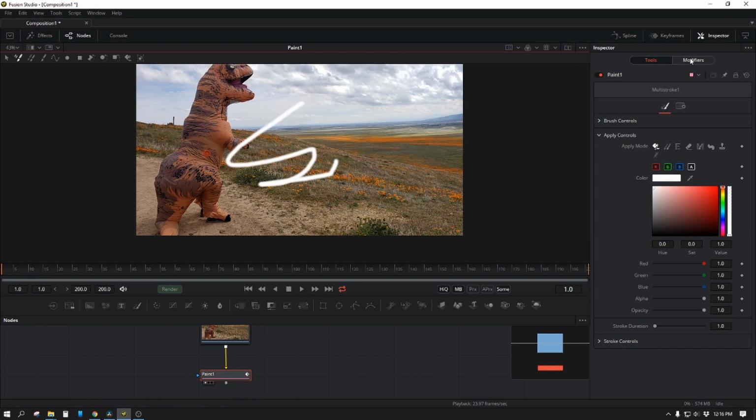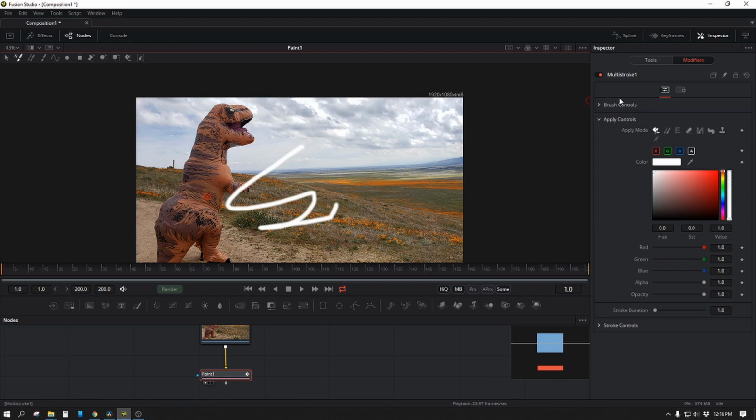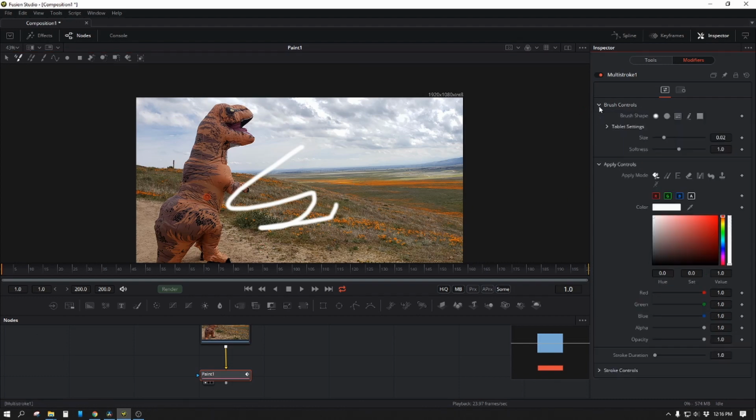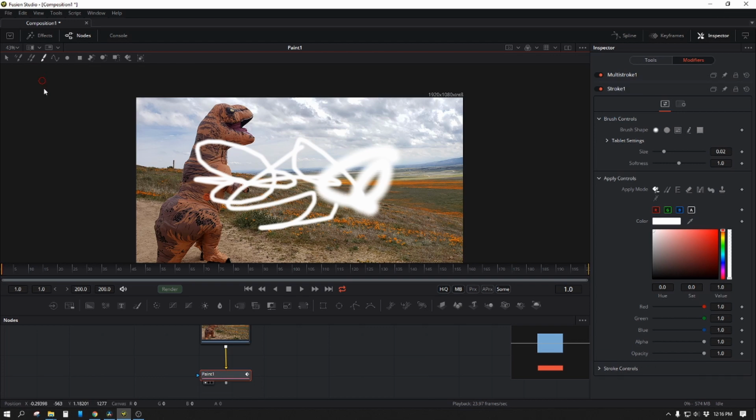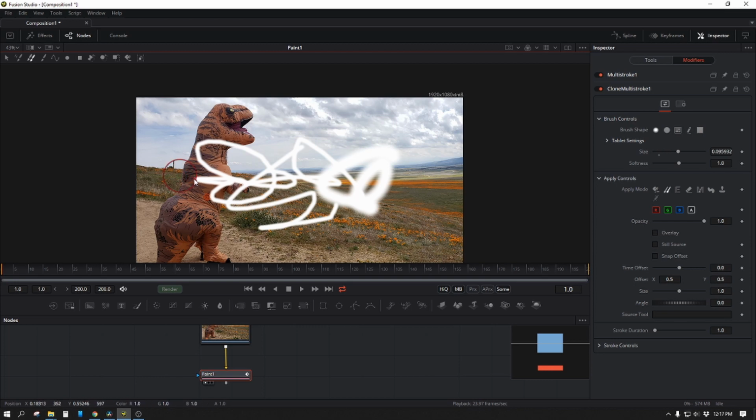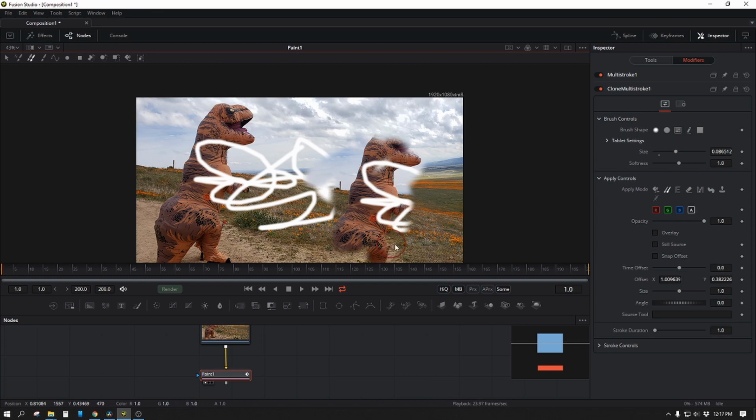So now I come over here to the modifier like I did last time, and you don't have your brush controls. You have brush controls, but you really can't do anything with it. So if I make it bigger, all I did was make my new brush bigger. All right, think of this as more rasterized painting, and then this one as vector painting, where you can go in and change it later. Same thing with the clone tool. Okay, come in here, and now it's rasterized and you can't edit this anymore, you can change maybe the brush size,